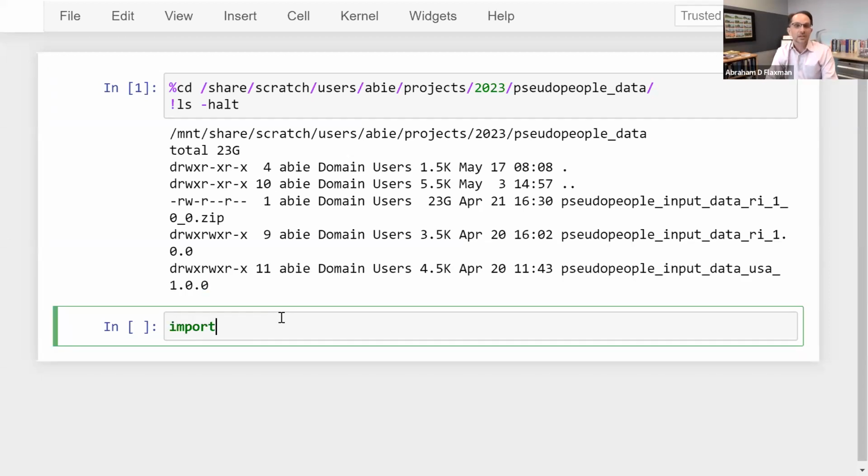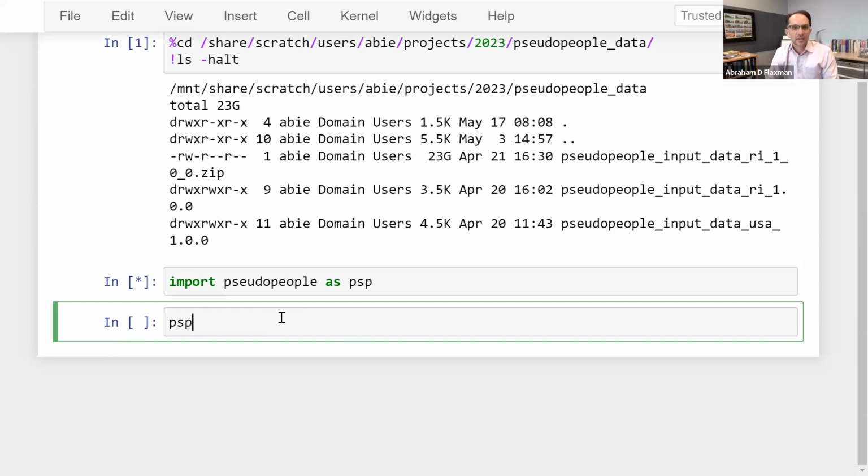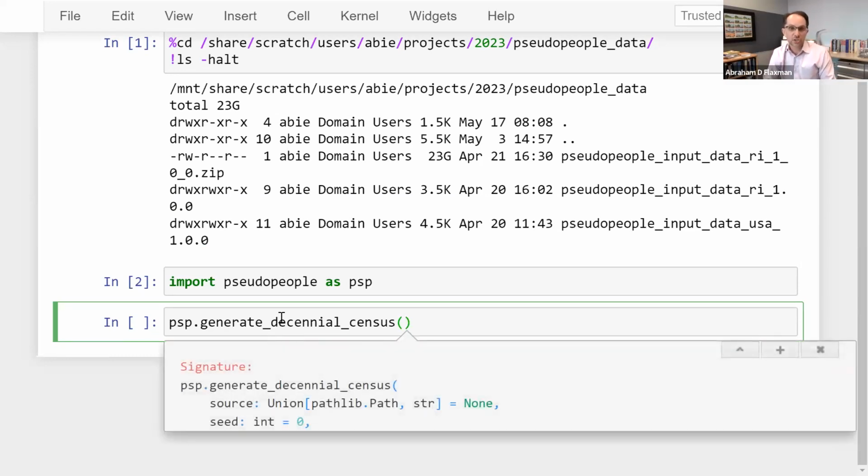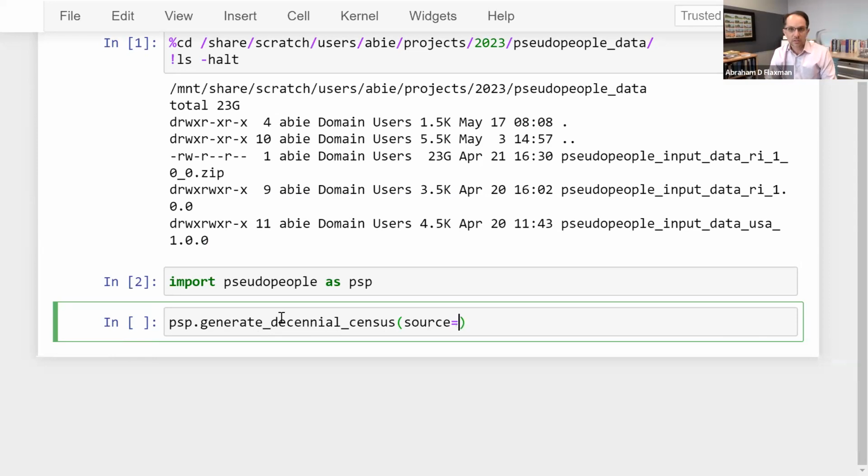And then do that stuff I did before, import pseudopeople. And generate a decennial census, but with a different source, basically the source being the folder for all of that input data.